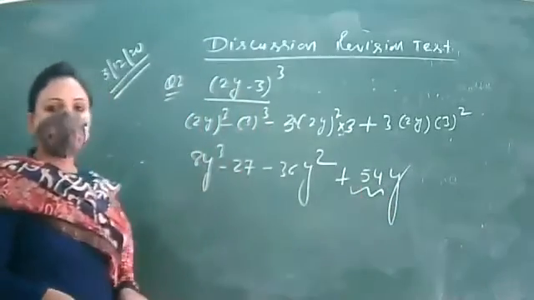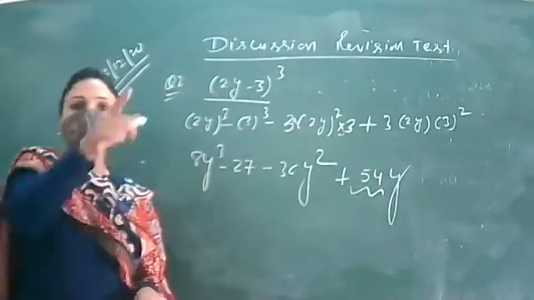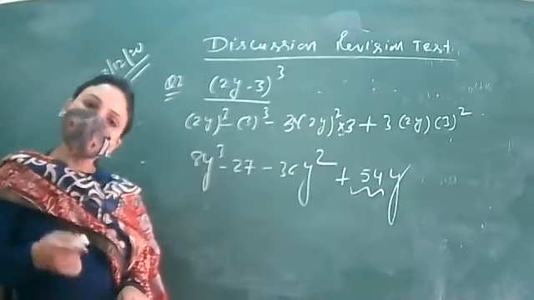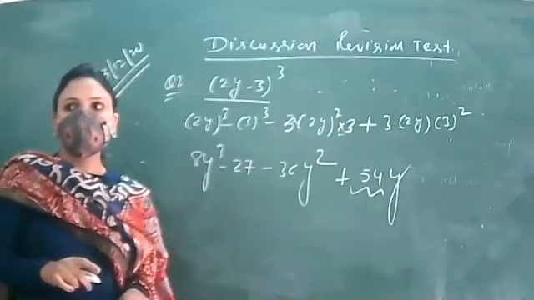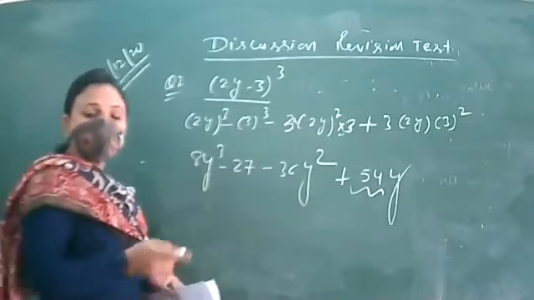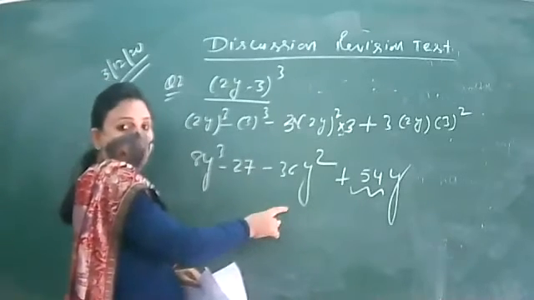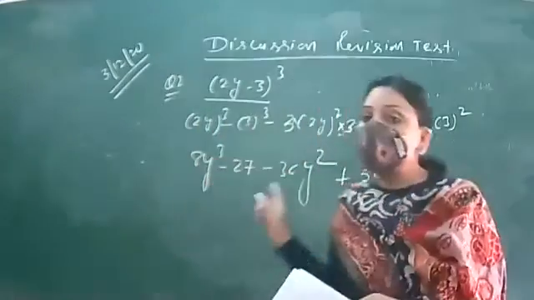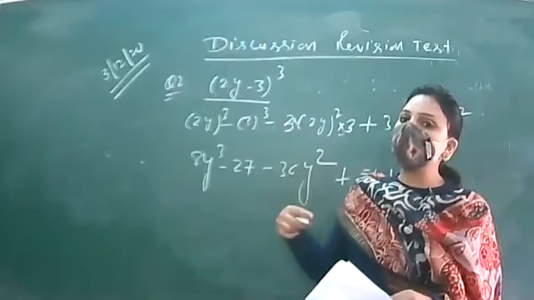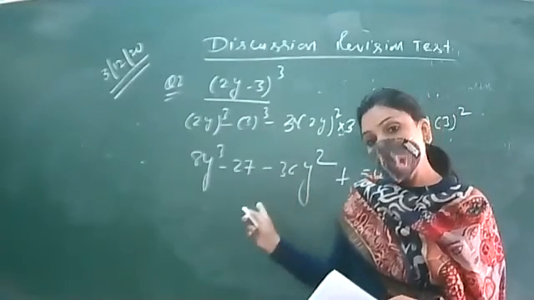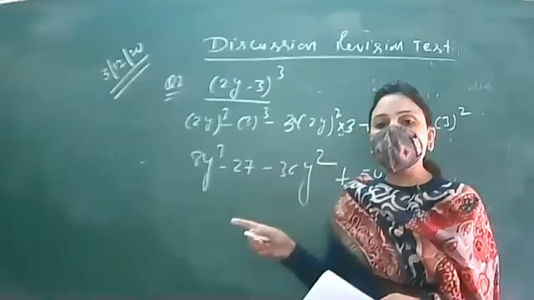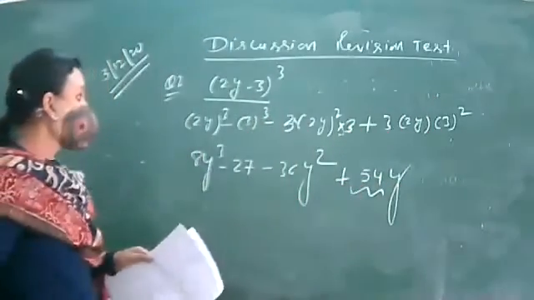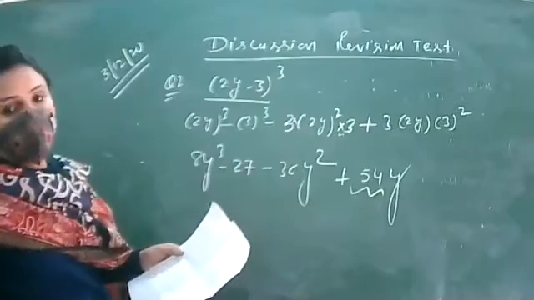Hardik, what is the coefficient of y square here? Ravneet, what is the coefficient of y square? 36. दोनों को 0 नंबर मिलेंगे पेपर में. Minus 36. When I am asking you the coefficient of y square, you have to write minus 36. Don't expect that you are writing it to be 36 and afterwards arguing with me that half mark should be given. No. Minus sign, then write it along with the number. Only then you will get the full marks. Right? Chaliye. So coefficient of y is 54.